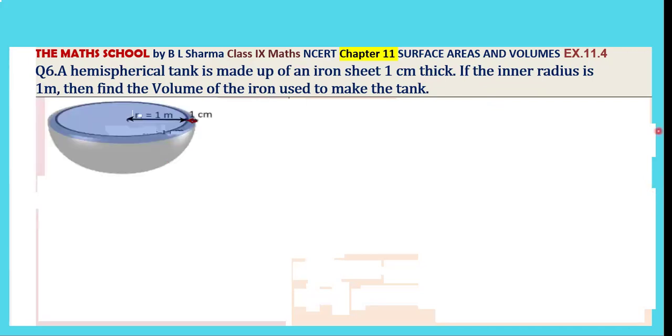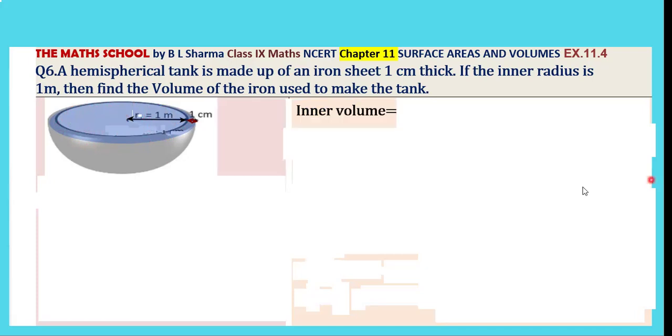This is the iron tank, the inner radius is 1 meter, here to here, and this thickness is 1 centimeter. This is not 1 meter, this is 1 centimeter. The inner radius is 1 meter, the thickness, this one, is 1 centimeter. हमें ये जो मेटल यूज हुआ है इसका वॉल्यूम फाइंड आउट करना। देखिए अंदर से ये होलो है, तो for this what we do,